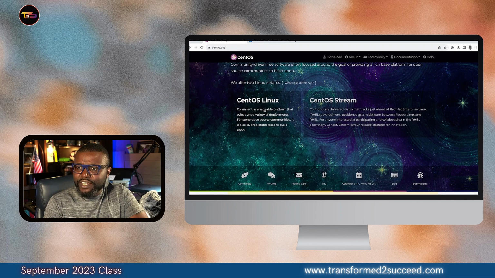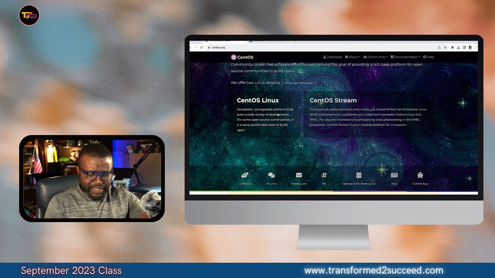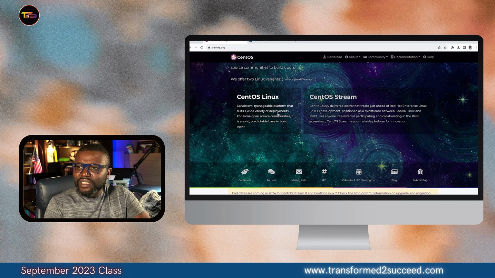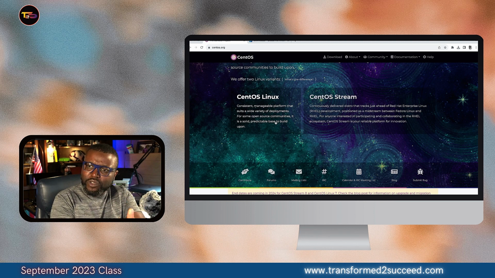There are two kinds here. You have the CentOS Linux, and also you have the CentOS Stream. The CentOS Linux, as you can read here, is a little bit more consistent, more stable, and steady. But when you look at the CentOS Stream, it's